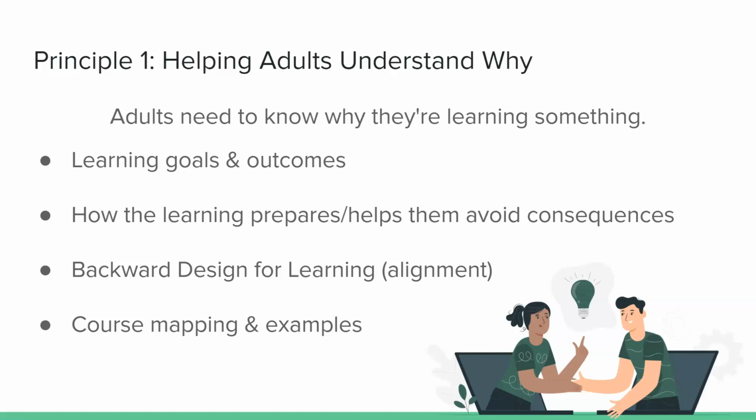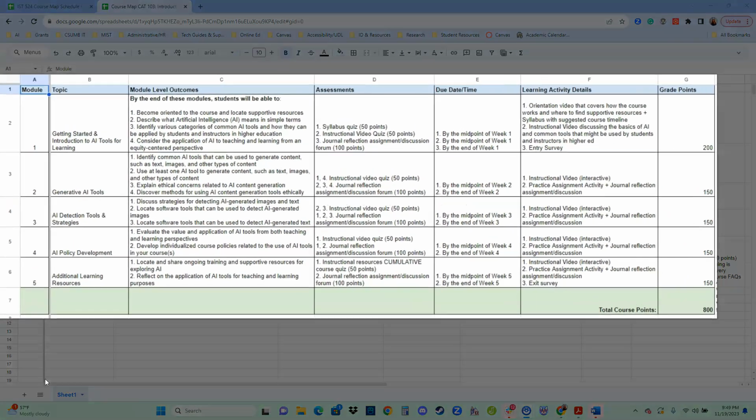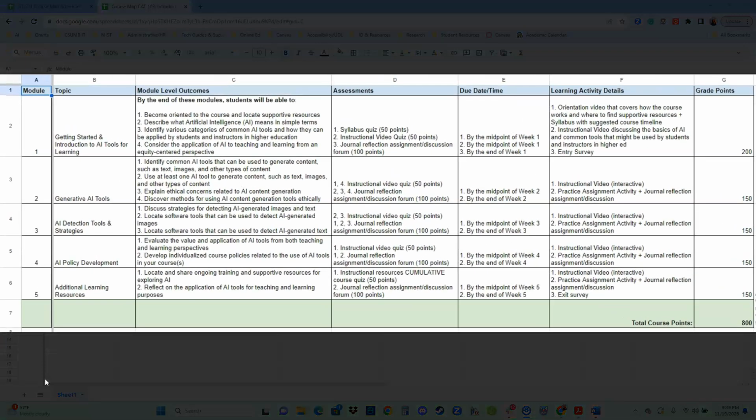Okay, now I'm going to show you what this looks like, because I think that this is really, really valuable for you to understand how this actually plays out in practice. So let me change screens here. So let's look at a very simple one. Now this is a course map, and it's not very pretty, and that's okay. It doesn't need to be pretty. It doesn't need to be written out on your computer either. You can absolutely do this just by writing with pencil and paper. And you'll actually engage in this in just a minute when we do our first activity.